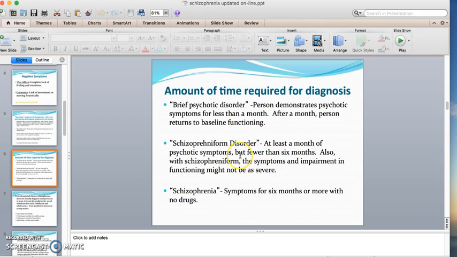For at least a month, but less than 6 months, we would diagnose them with schizophreniform disorder. And then for 6 months or more, and not caused by drugs or alcohol, we would diagnose them with schizophrenia. Okay, symptoms are all the same for these. The only difference is time. Okay, now,